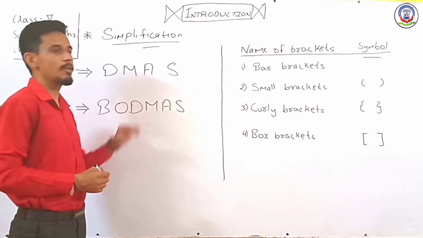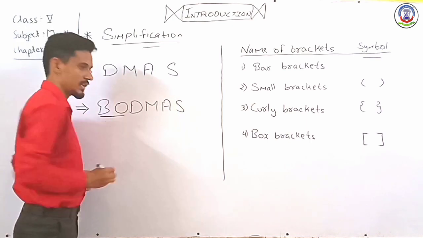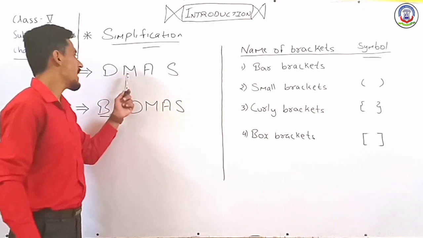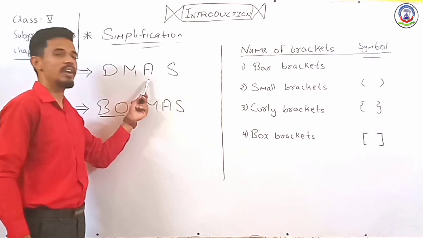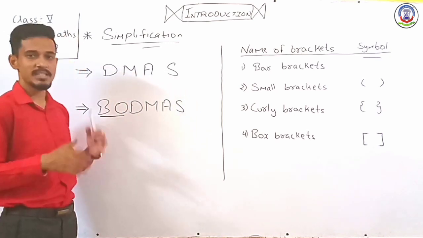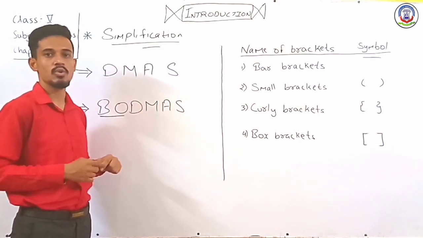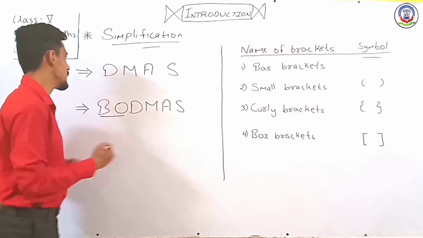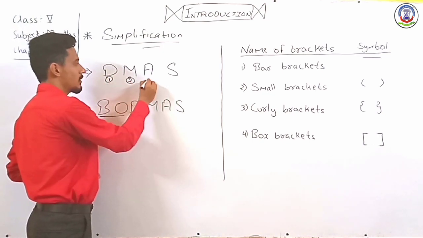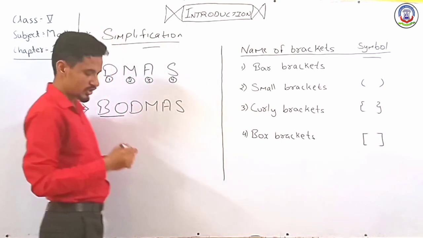तो इन दोनों में डिफरेंस क्या है? फर्स्ट वाले में हम लोग को B O मिसिंग है. D का फुल फॉर्म होता है डिवीजन, M का मल्टीप्लिकेशन, A फॉर एडिशन एंड S फॉर सब्ट्रैक्शन. तो हम लोग को कोई भी सम्स दिया हो तो हम लोग को फर्स्ट किससे स्टार्ट करना होता है, डिवाइड से, सेकंड मल्टीप्लाई, थर्ड वी हैव टू डू एडिशन एंड फोर्थ वी हैव टू डू सब्ट्रैक्शन.